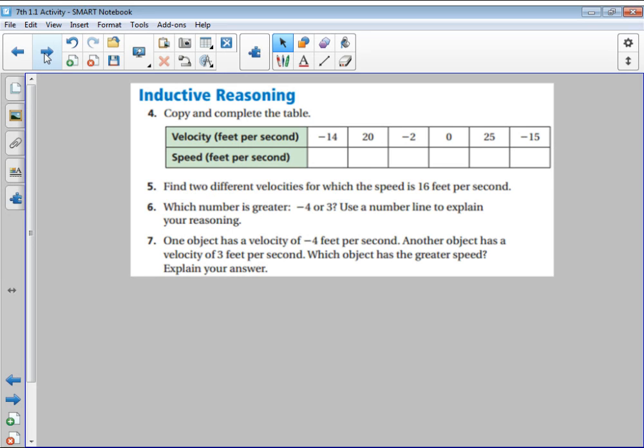We're going to go ahead and jump then to page 4, which was working with inductive reasoning. And in that, you guys have this chart already in your book, so you don't have to copy and complete the table. It's already there. So velocity and speed. So it tells us the velocity is negative 14 and they want to know the speed. So really quick, I'm going to